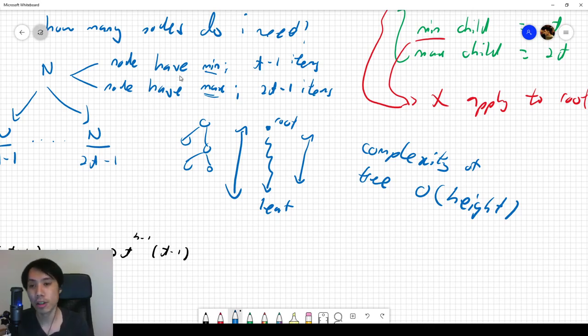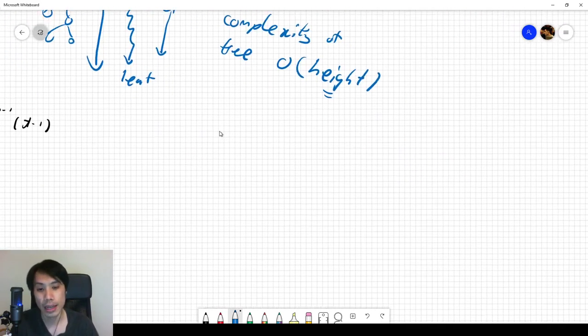If my nodes all have the minimum number of items, my tree is going to be taller, and my complexity will be higher because my height is bigger. If every node has the maximum number of items, the height is going to be lesser and lesser. So if I were to show you an example,